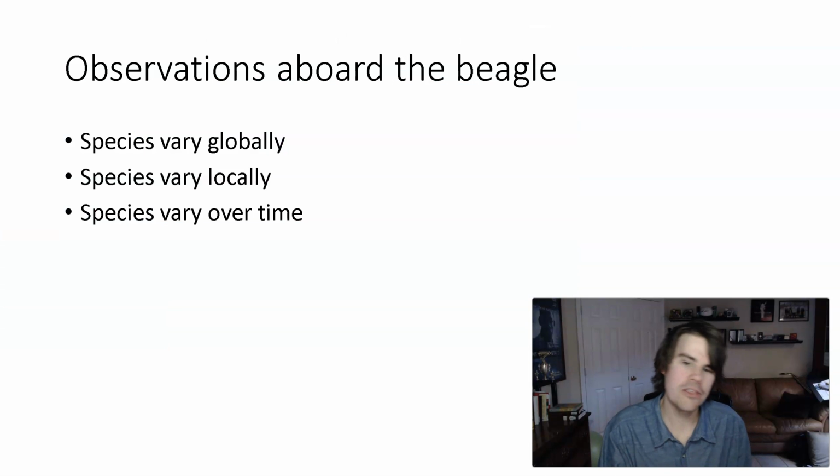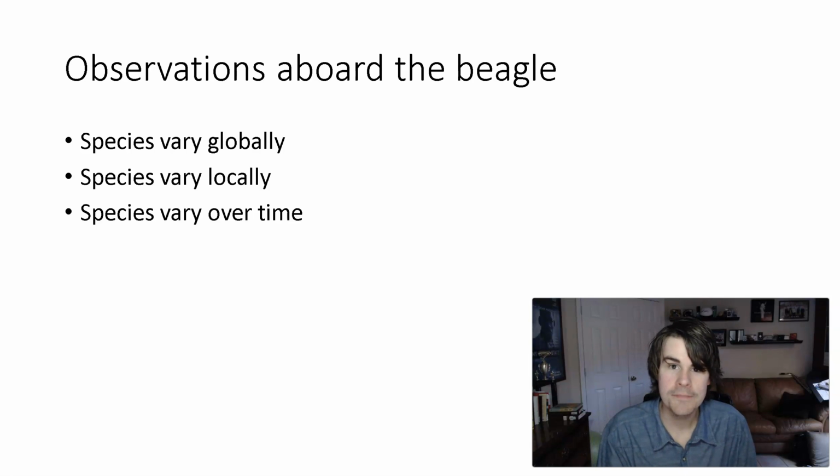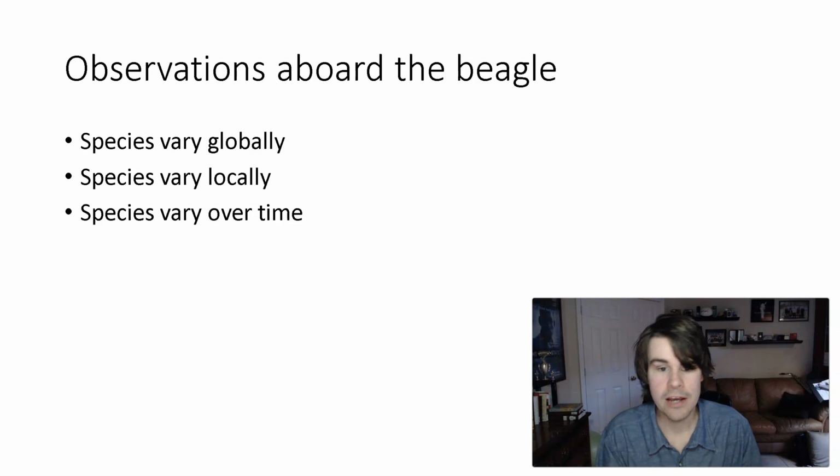And so he saw really three things aboard the Beagle. He saw that species vary globally. The species are different based upon where they live. They vary locally, which means he saw lots of finches. I believe I'm going to show you a picture here in a second. But the finches, their beaks are specifically shaped for a specific type of food. And so he was like, well, why